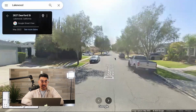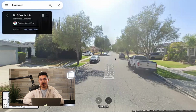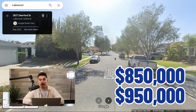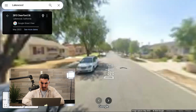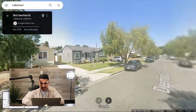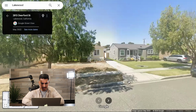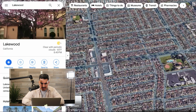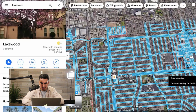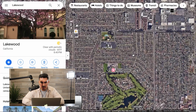And so when you're considering the city of Lakewood, especially in this area, it's going to be on the higher end, like 850 to 950, right? You're probably going to hit that $1 million mark. It depends on how many bedrooms and baths, but if you're looking at a 3-bedroom, 2-bath, yeah, you're going to be hitting that 875, 900,000 price point. That's just something you could expect from this area, okay? And then when we're considering really expensive property, there's what you would call the Lakewood